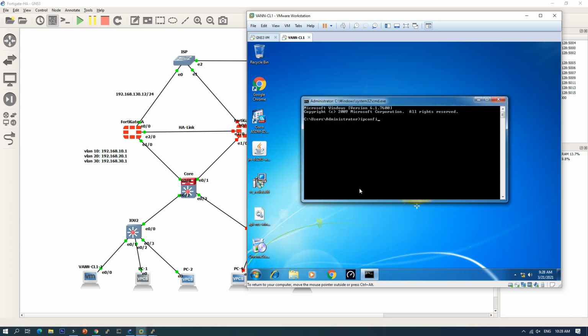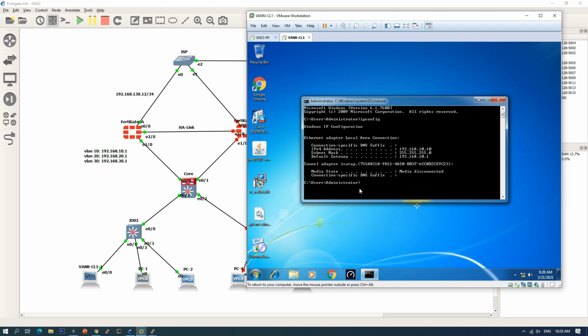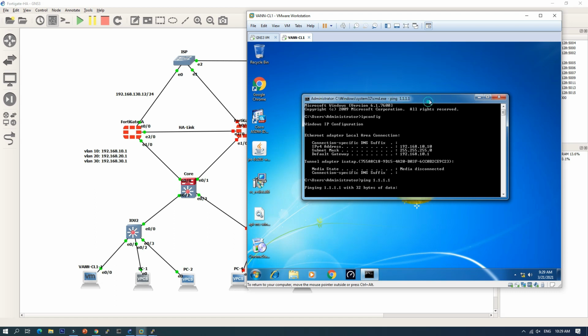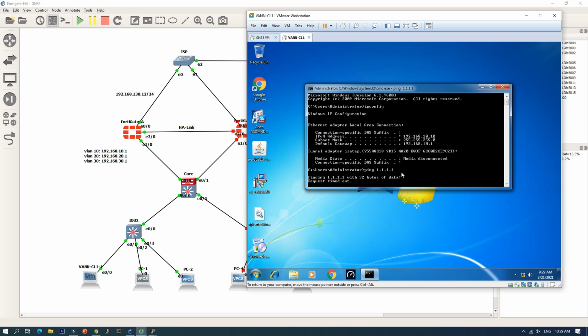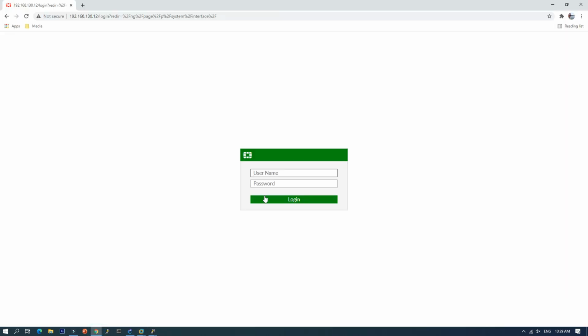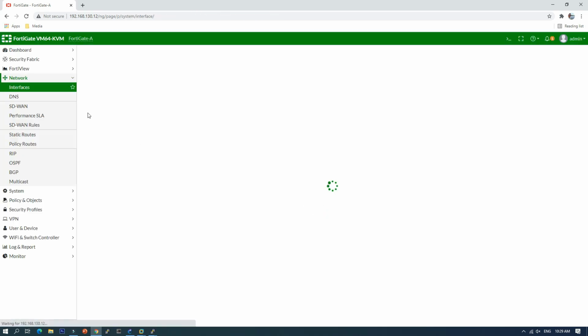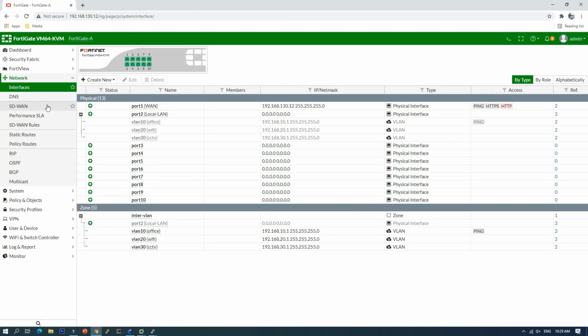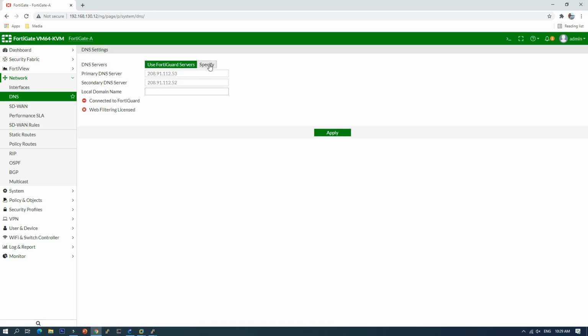So ipconfig. Okay. Ping. It does not go to the internet. Why? Okay, let's check DNS.